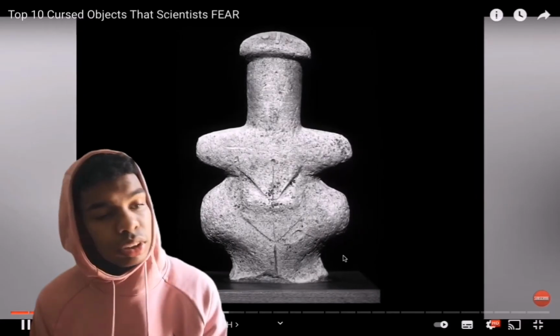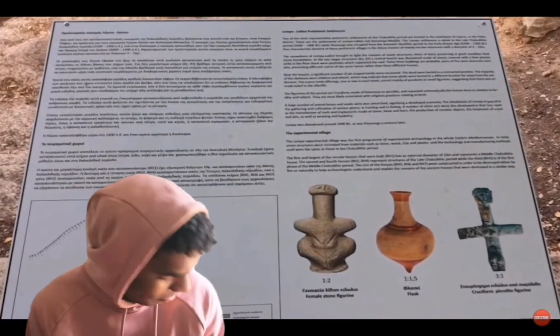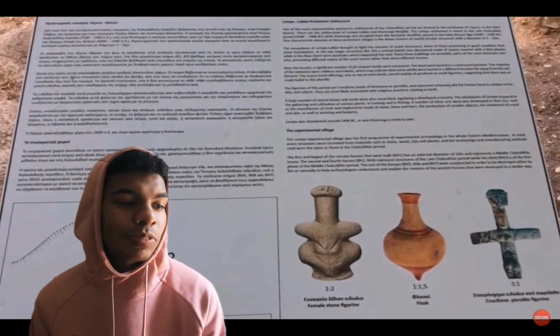Sometime around 3500 BC, and it was found in Cyprus in 1878. Over the years, it has belonged to many different families who have all been ruined and dismantled by death. After the first 6 years of ownership, all 7 members of the first family died. It then moved on to a second owner, and after 4 years, death began to come to him and his family. There was then a long...